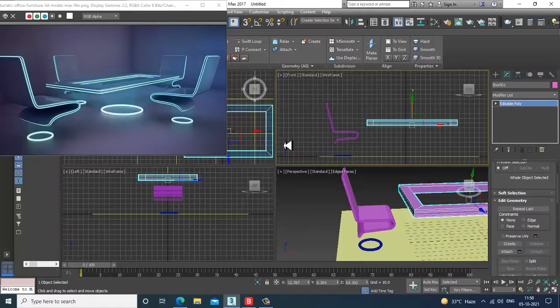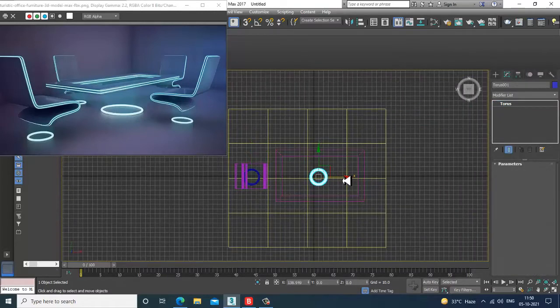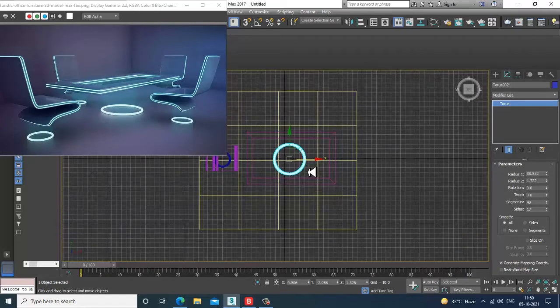Select this, shift and drag it. You can work with the radius like this.